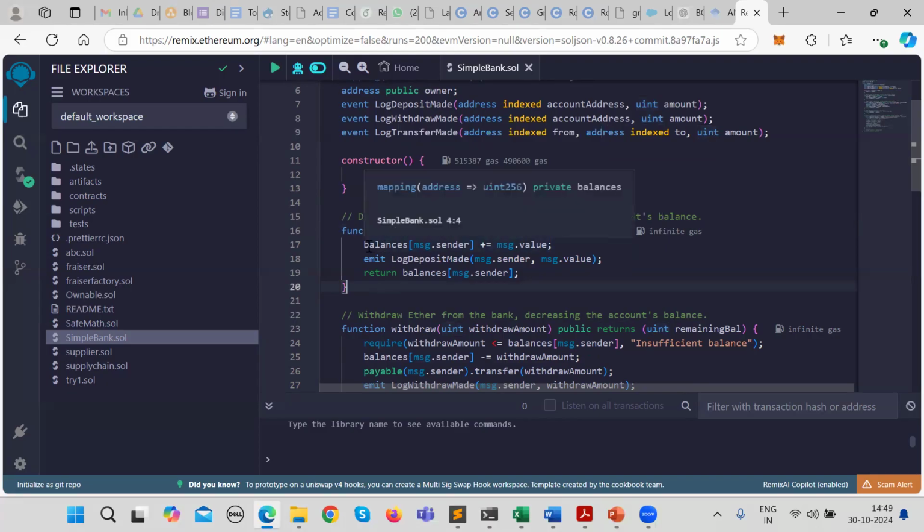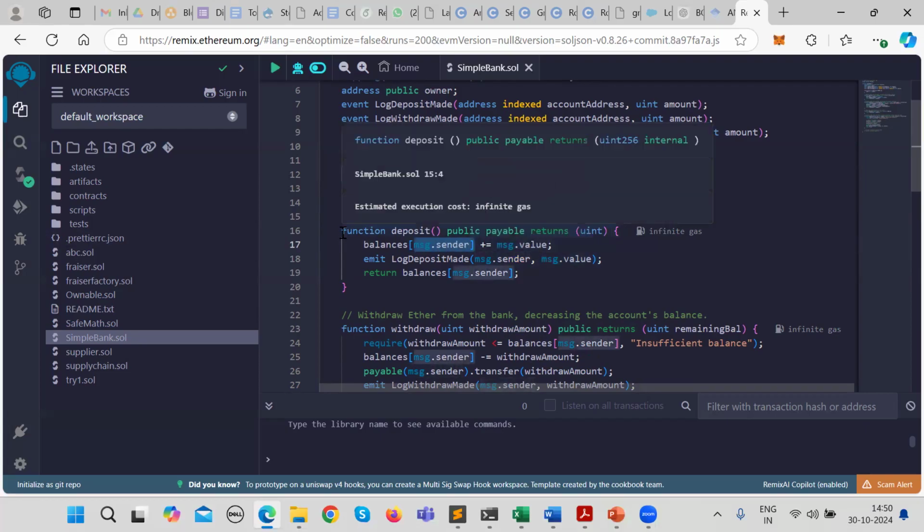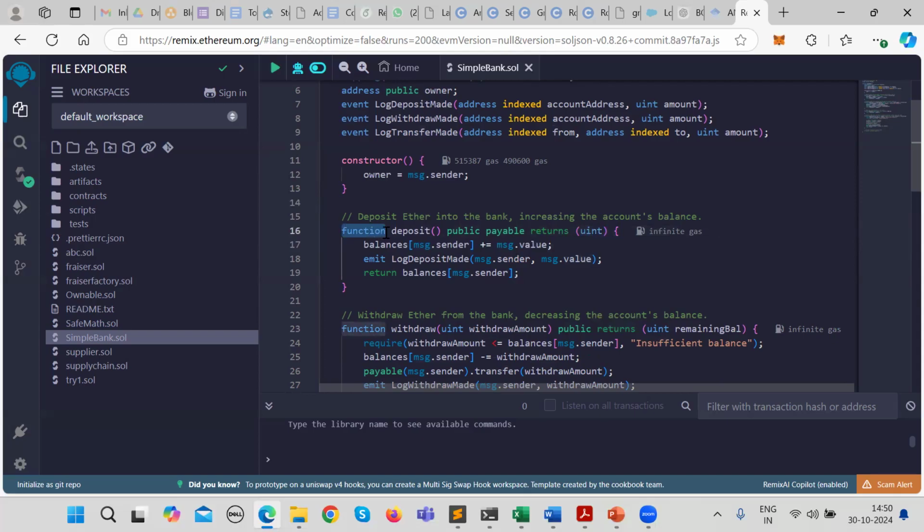Right. So this is the logic. If I am depositing something, my balance should be increased with the amount that I am depositing. For the amount to deposit, I am using message.value, which is a global variable, and I will show you how I can provide the amount that I want to deposit. I am fetching it using message.value. And message.sender will tell you who is calling this particular function. Definitely, whoever is calling this wants to deposit something, so the deposited amount will be added in this mapping.